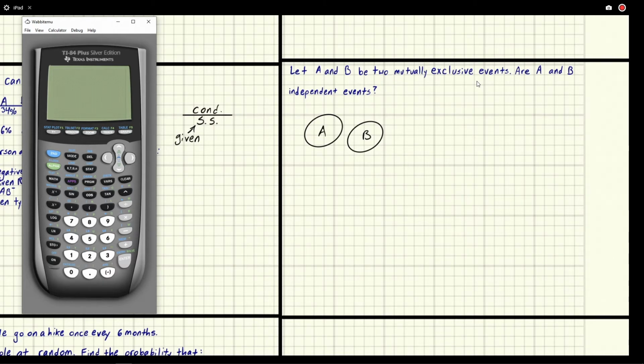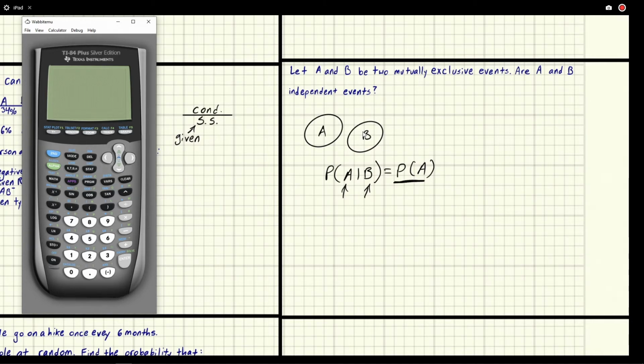That's mutually exclusive. Now, independent means that the probability of event A is unaffected by the probability of event B. So there's this test for independence, A given B. If it's still the probability of A, then that means that B did not matter. For example, the chance that you get a heads given that before you got a tails. Well, if you got a tails before, it still doesn't matter. The chance that you get a heads is a 50-50% chance.